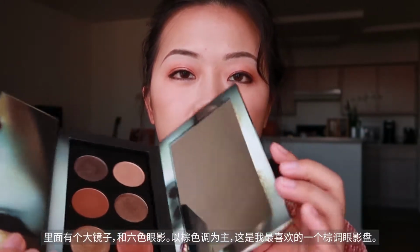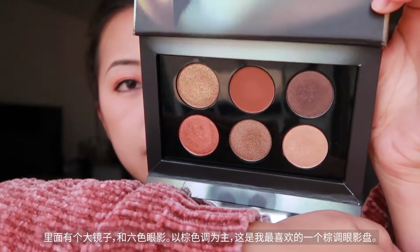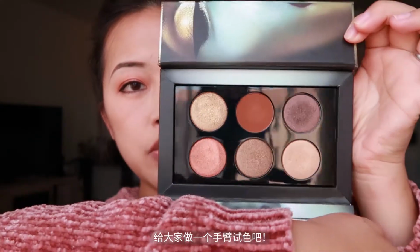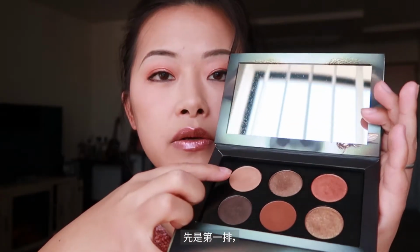When you open it, you get a mirror here, and there are 6 shades. This is my favorite brown eyeshadow palette. I'm gonna show you guys those shades on my arm. So from the first row,